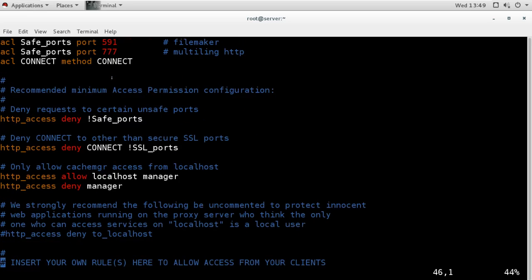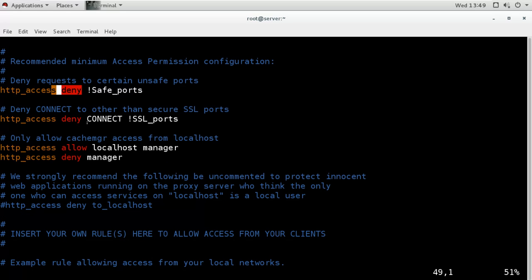It is not going to match in the first statement because it is not under this list, so it will not do anything. Then it will go to the second statement, and now here it will match, so it is also not going to deny that. The rest of the ports will be filtered here, and the SSL port will be filtered here.